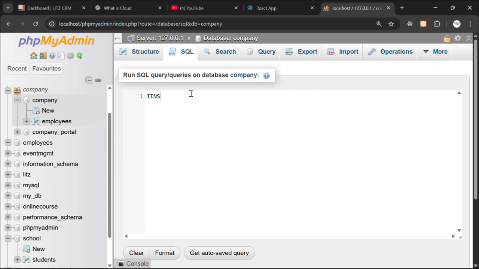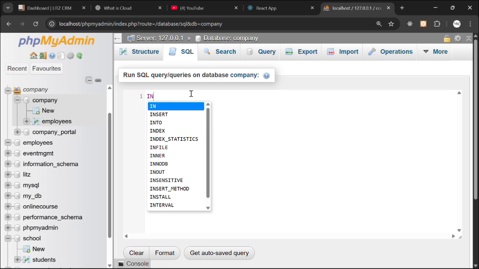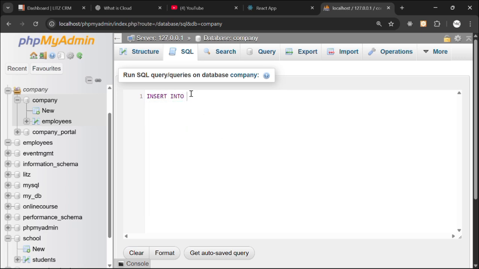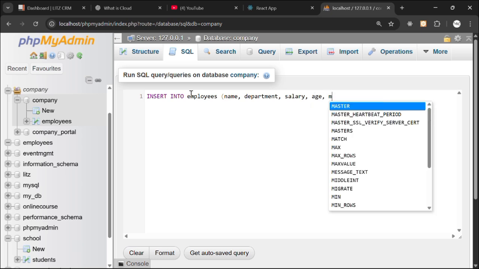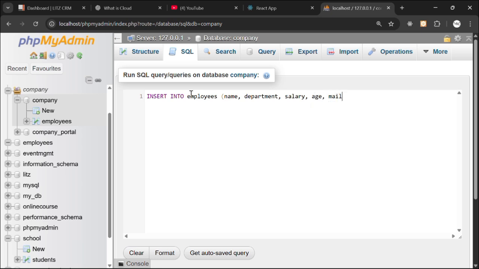So insert into employees name, department, salary, age, and email. As we typed it as email in our table, we have to type it completely as email. Okay, so values, and then